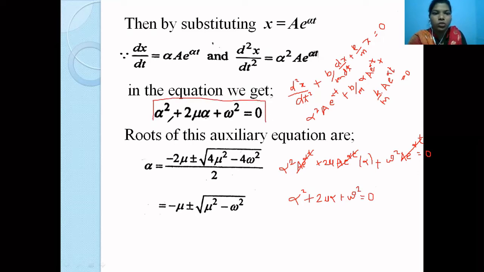Okay, I simply have substituted the values that I've calculated, that is I've substituted x, I have substituted dx by dt, and I have substituted d2x by dt square in the equation. We have done nothing different. Okay, so once I solve it, what I'm going to do next is I'm going to take out the roots of this auxiliary equation. So taking out roots of the auxiliary equation is also an easy thing. All we need to do is we need to consider the standard format of the quadratic equation, and then equate the coefficients and the variables, and then get the solution. Okay, so just let me clear the screen so that I can show how that is done.